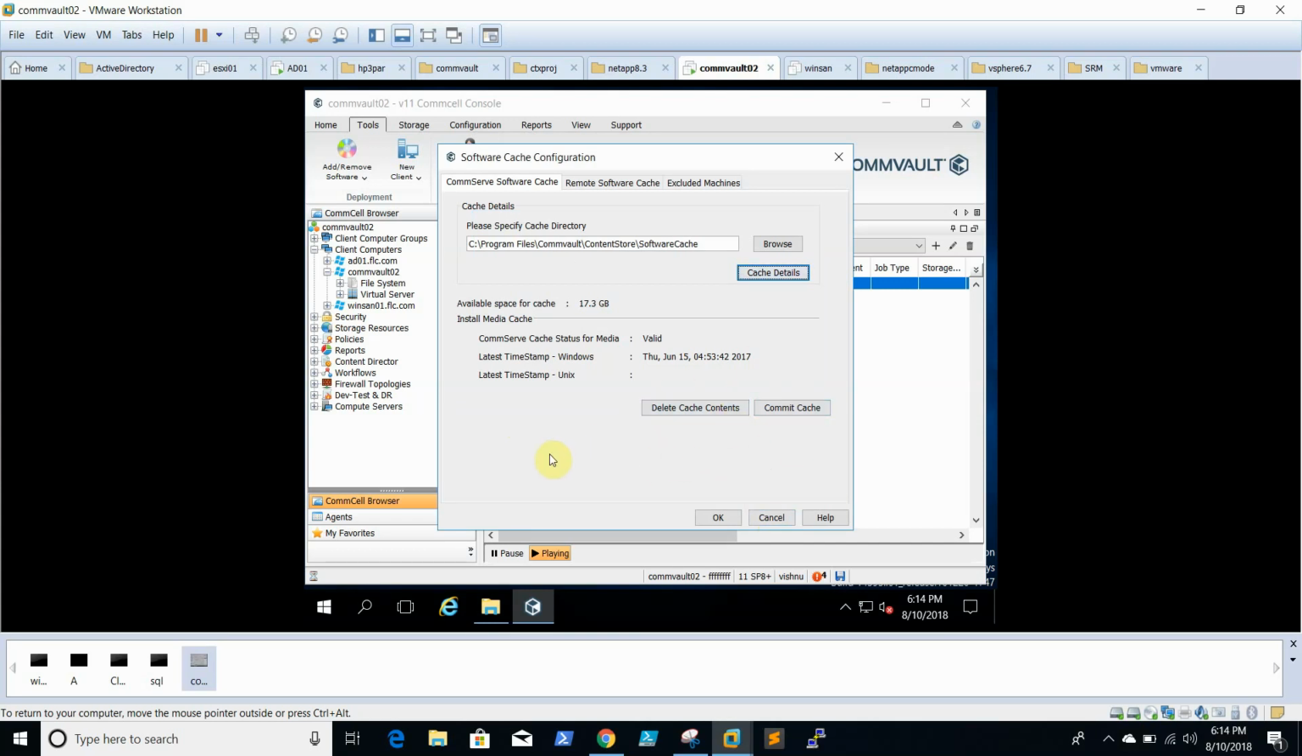So delete cache contents is nothing but if you want to clear the cache, if you delete it, the entire cache will be cleared and you need to download it again. So what is this commit cache? Commit cache is nothing but when you download a latest version,